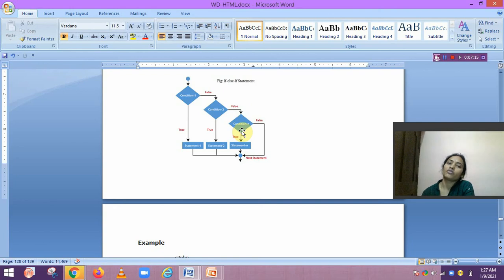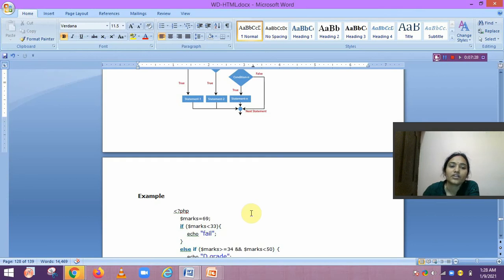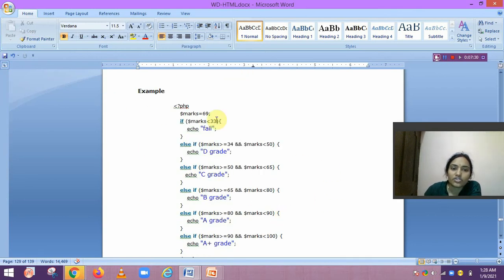In this way it will come to condition n. And if condition n, the last condition, is also true, then it will come to the next statement or else part.